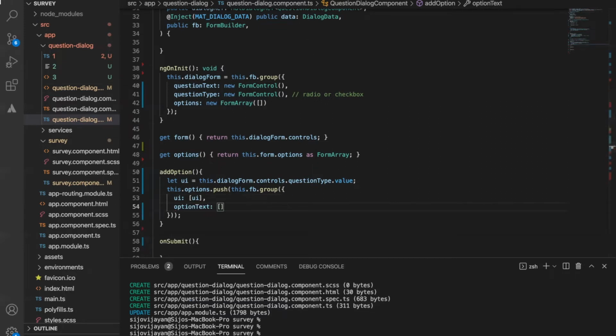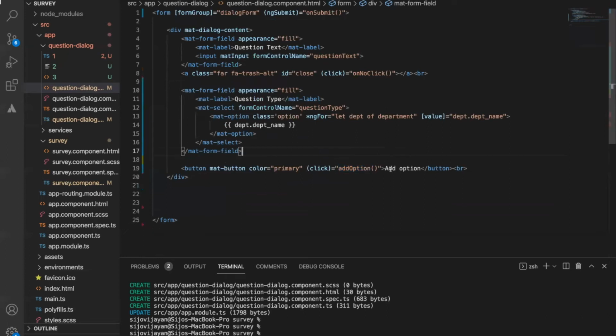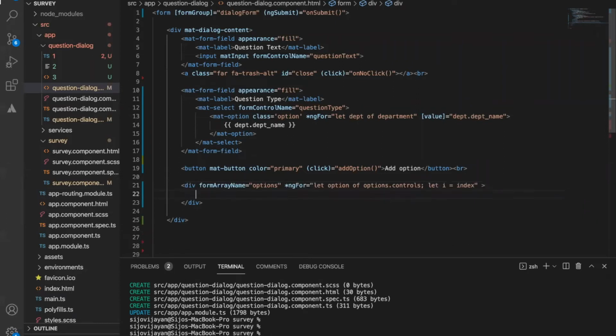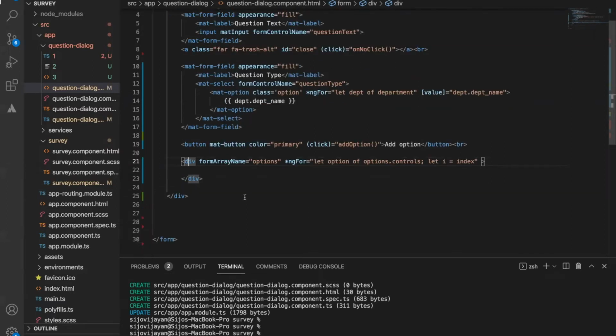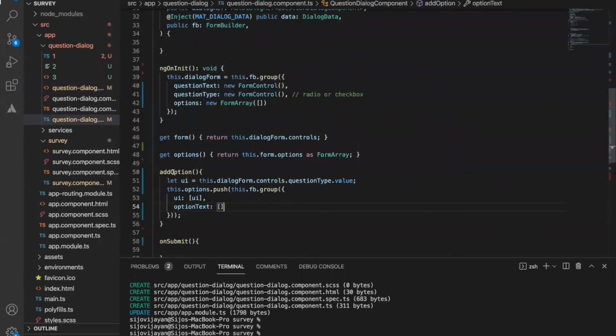Now the next thing we need to do is, on the click of this one, we need to add some new controls here, similar to this. How can we do that? That's something I'm going to show you now. Here we need to define a division like this. In this division, first of all, we are getting the options, these controls.